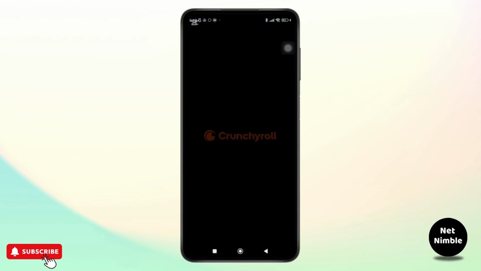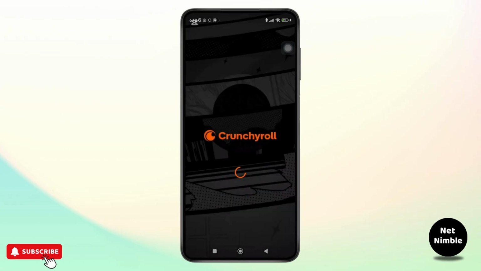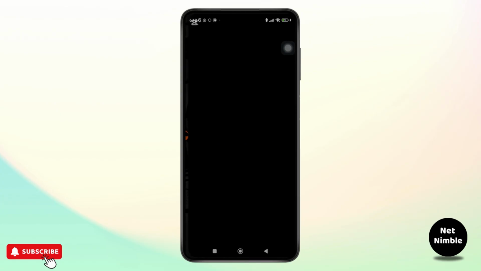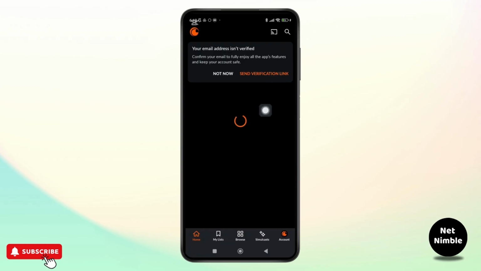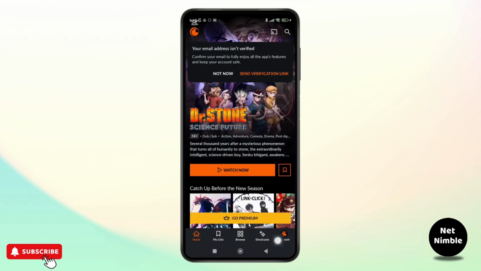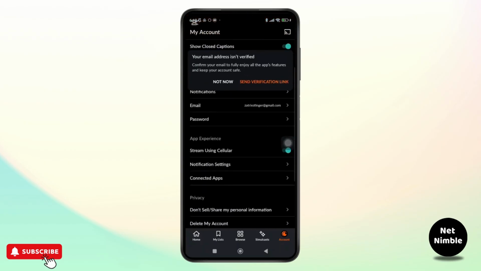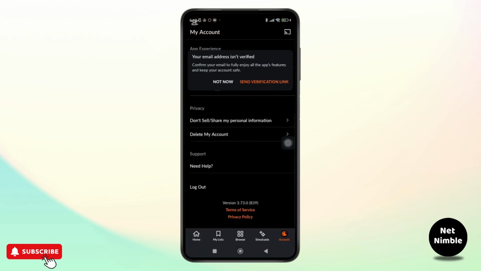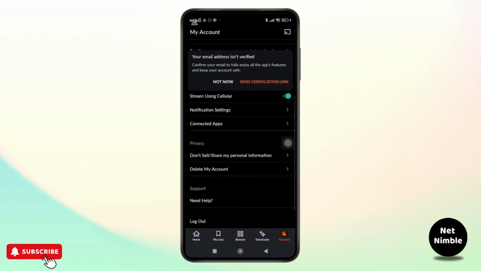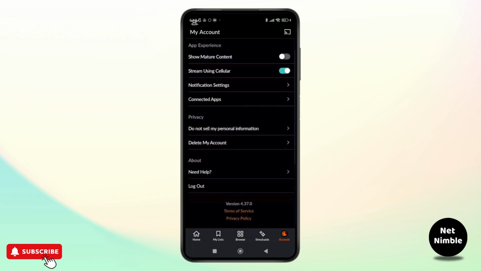So first thing first, open the Crunchyroll app on your phone and make sure that you're logged in to your account. And once you have opened the app, simply tap on the profile icon shown in the bottom right corner of the screen. From there, simply scroll down to the bottom, and here you can see the option labeled show